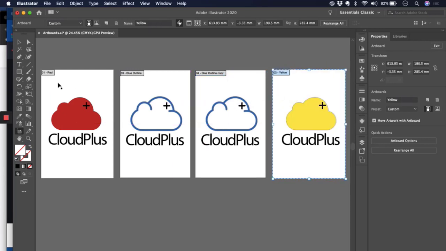So here's what you'll notice. If you look at the top left hand corner, 01 red, 03 blue outline. So you can see here that Illustrator is not identifying these artboards based on their visual arrangement, but instead based on their chronological arrangement, how they appeared in the document. So this is still the second artboard. If I, however, wanted to